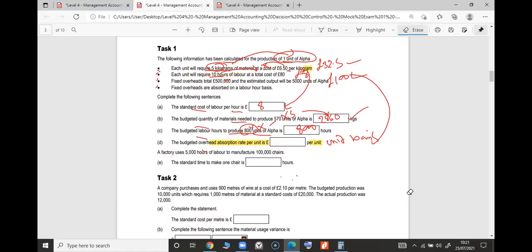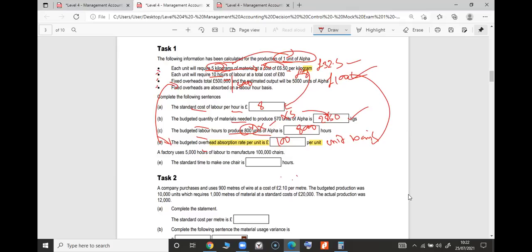I'm showing you. Thank you, Natalia. That's the correct one: 5,000 divided by 5,000 units. Don't worry, Shazad. They said labor hour basis, but can you not see the requirement? Follow the requirement. Hope it makes sense. They said it to make you confused here. Shazad pointed out that fixed overheads have to be absorbed on a labor hour basis, but in the requirement, they said unit basis. So 5,000 divided by 5,000, you get 1, which we already found.